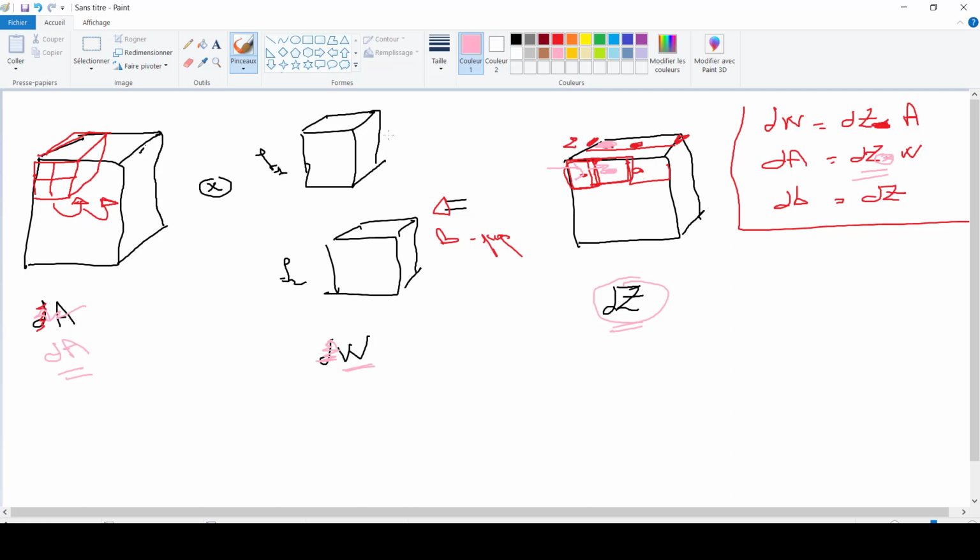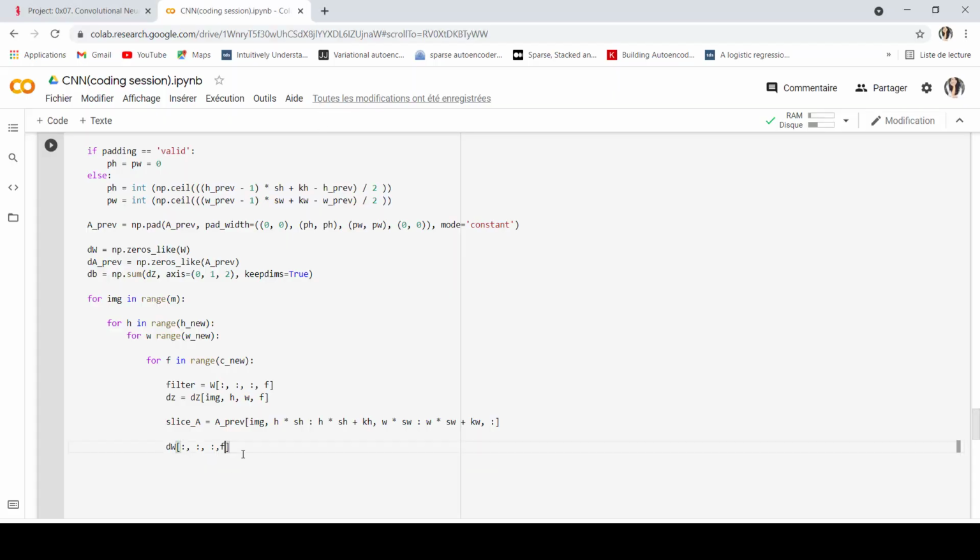So here I am filling this one, and it's going to be plus equals, like I said, this slice of A times dz, times the integer dz.